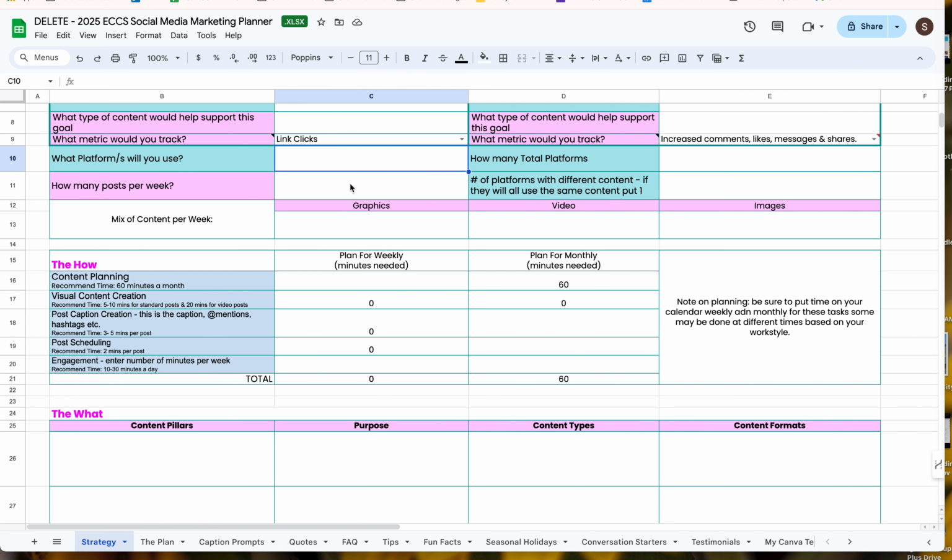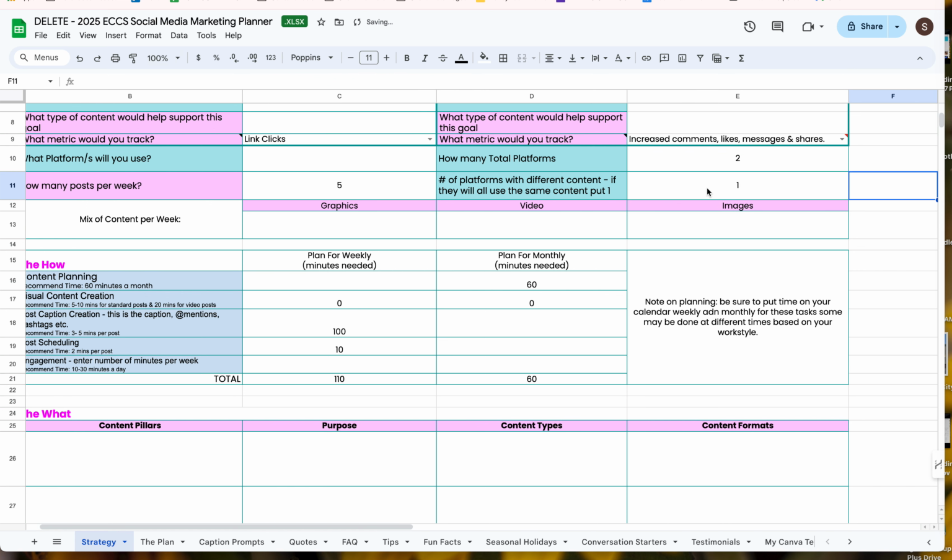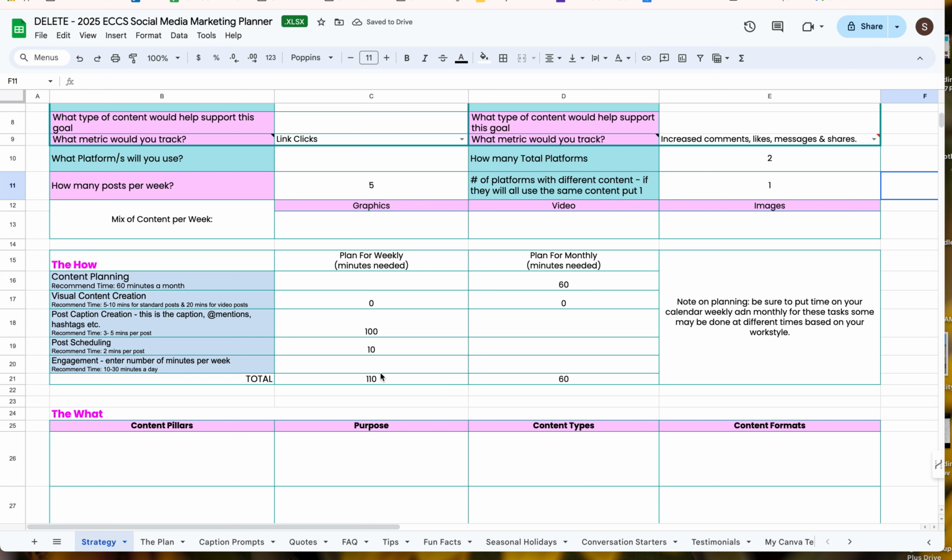So if you're not super good with formulas, you can ask me to change this up a bit if you need. So right now, these formulas, when you fill this out, so let's say I'm going to be using 5 posts a week, and I'm going to be doing 2 platforms and they're all the same. It fills this out and it says it's going to take me 110 minutes a week. So that's just under 2 hours. 2 hours a week to do 5 posts. That is based on,